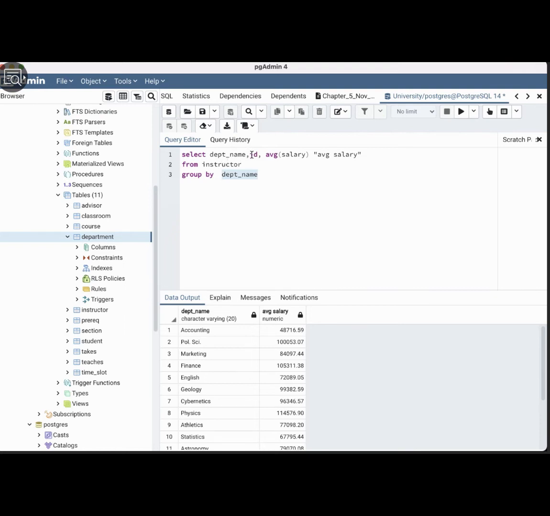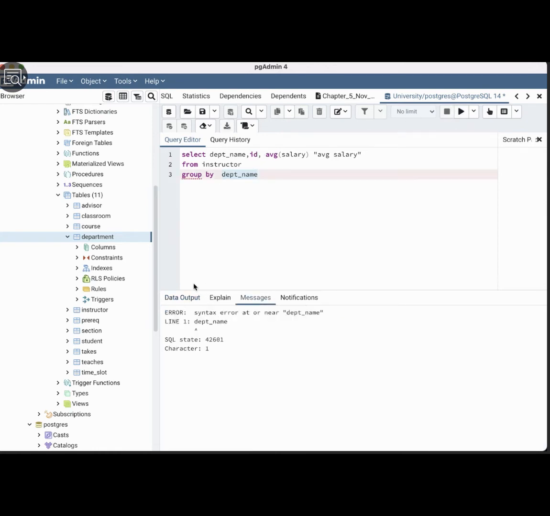The problem here is which ID you're going to display, for example, with the department name, computer science or math. There's no unique way, even if you have only one single ID. Okay, so the system, again, in this case, if you run your code here, it gives you a hint